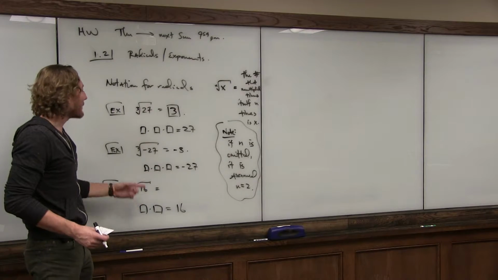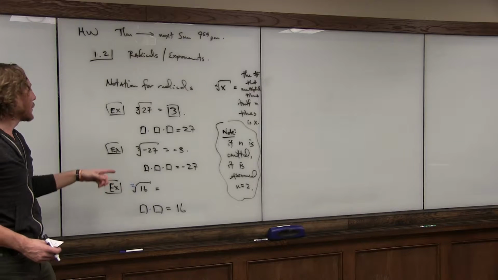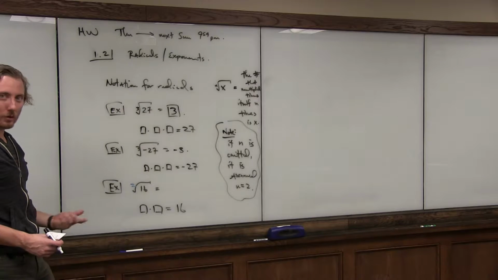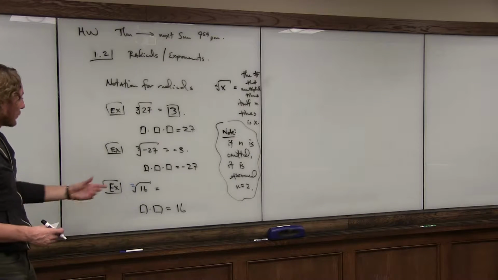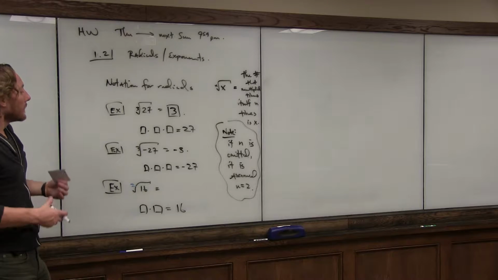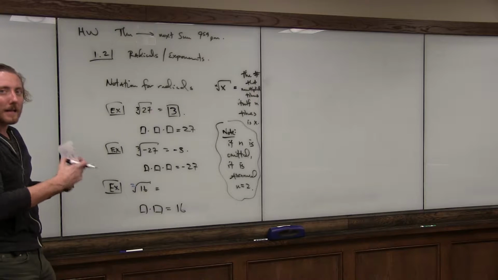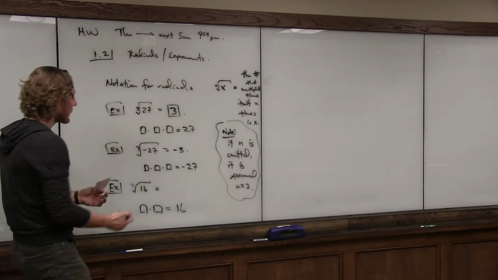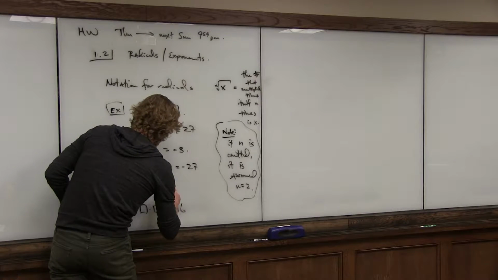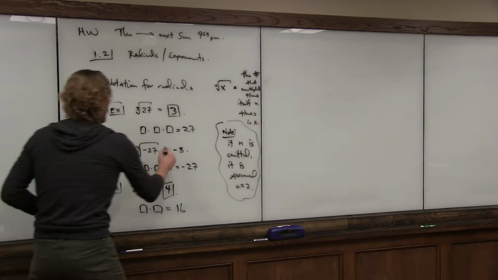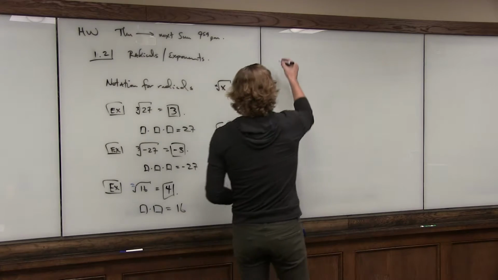And if you ever have the option of a positive or a negative, when you're dealing with, like in this case, a square root, a second root, you put your foot down and say that it's going to be positive. So rather than us saying this to be negative 4, we're going to say this to be positive 4. So to make a remark about that,